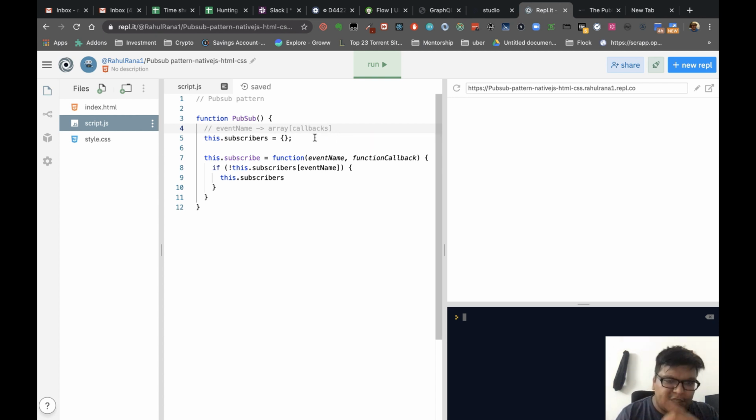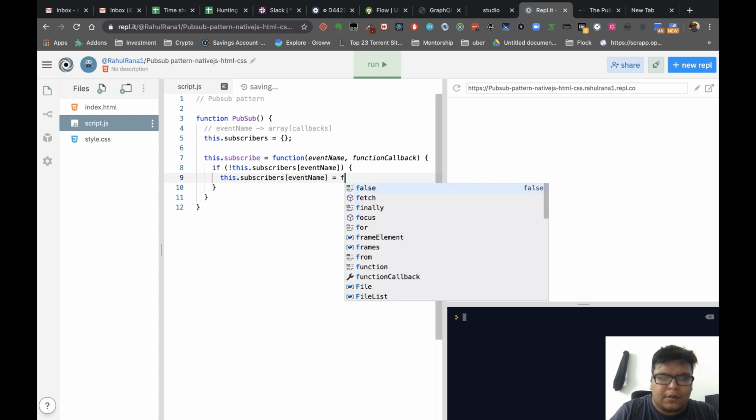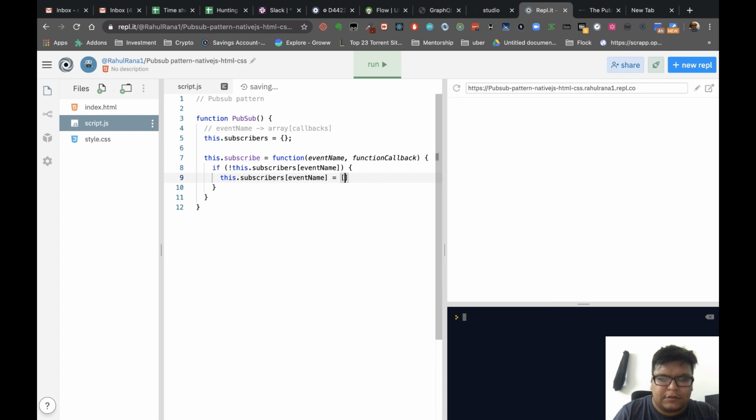As you can see, we have written it in the comment section. So this.subscribers[eventName] is equal to an empty array, and then this.subscribers[eventName].push will push our function callback.